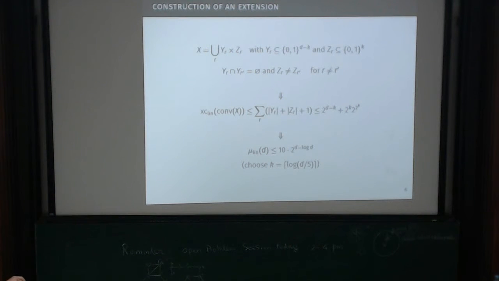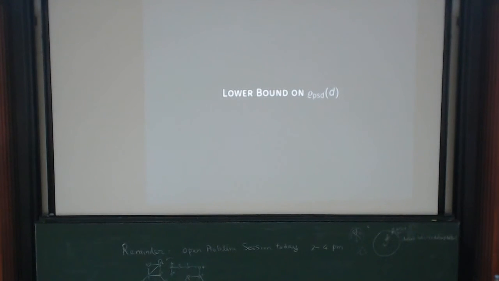So not very deep, but the best thing I know of to do. And it might remind you of a proof Shannon gave in, I think, 1948, showing that every Boolean function in d variables has a circuit of a similar size. Actually, this proof inspired us to do this. This is the only constructive statement in my talk, maybe in all talks about extensions today. I don't know. And let's come to the lower bound on